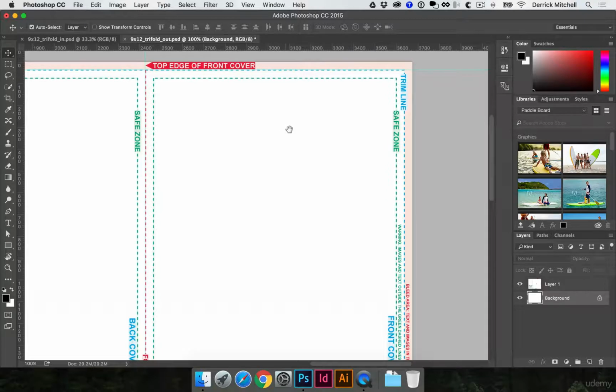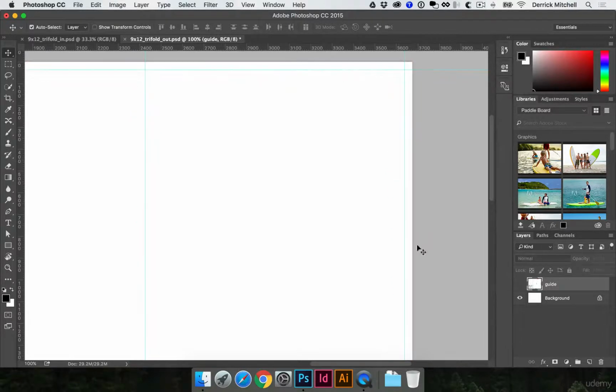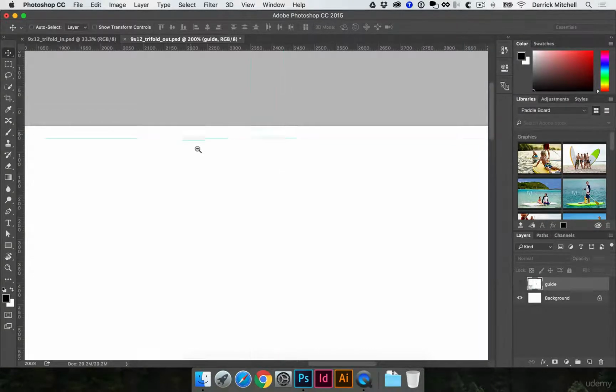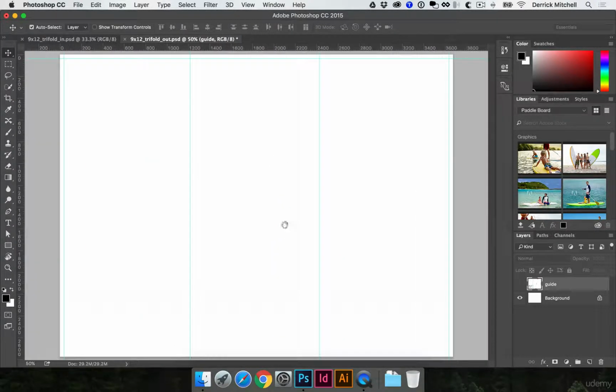So then what I could do, and I won't do all of this because this is not how we're going to work, but I just want to show you if I was building on this template how I would go about it. I'll turn off this guide layer. Let's just rename this, call it guide, so we remember what it is. I'll turn that off, and now we can see that I have the regular guides from Photoshop in there. They're a lot more subtle, and it makes it so I can really focus on the design. Now that I know where my cover size is, and I've got the front, back, and the inside flap,